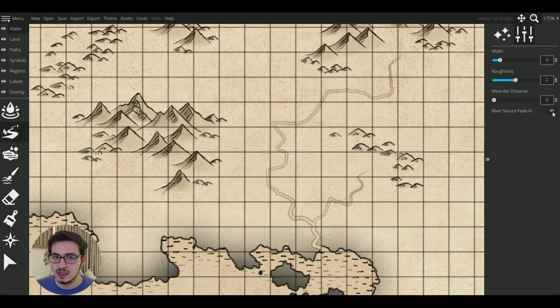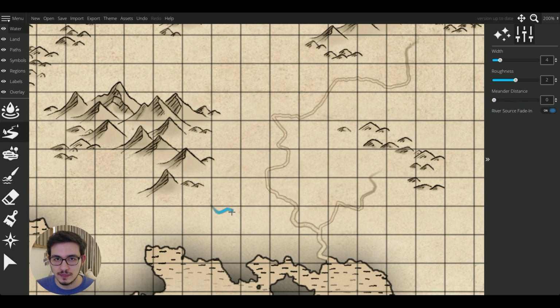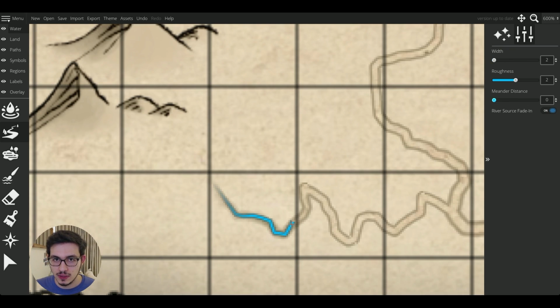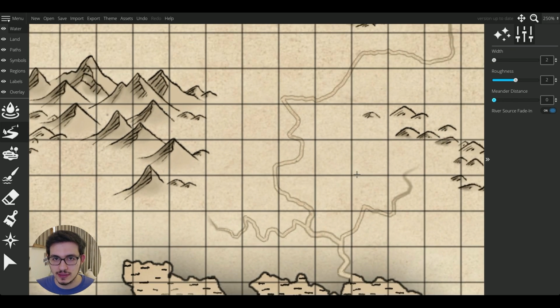Then let's, for example, add another river maybe coming from here. Another warning, while working with the river, keep saving it, because if you press so fast, Wonderdraft may crash. Take your time a little with the rivers. This faded look, one more time. This is another tip for you guys.